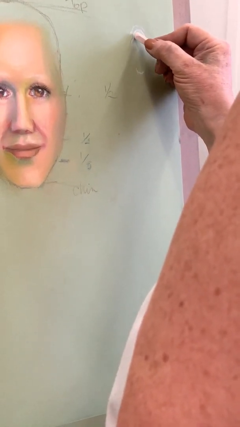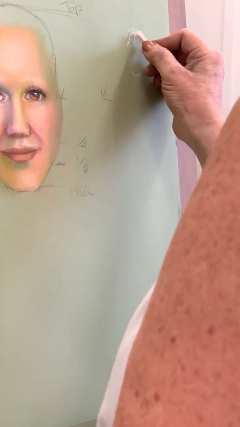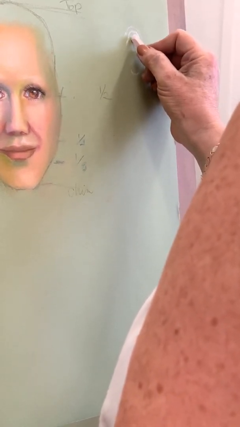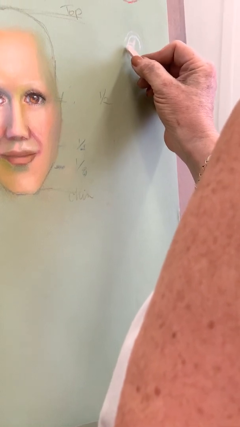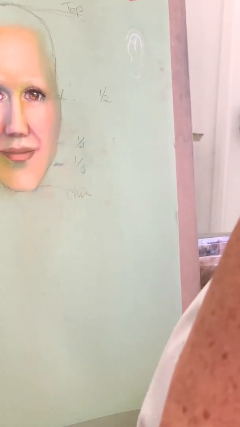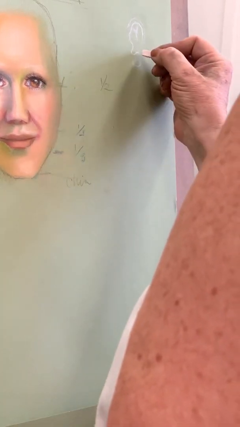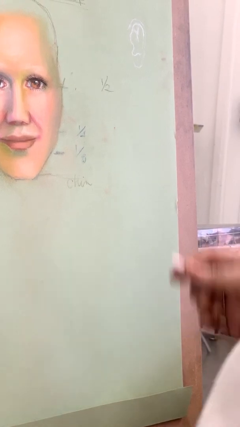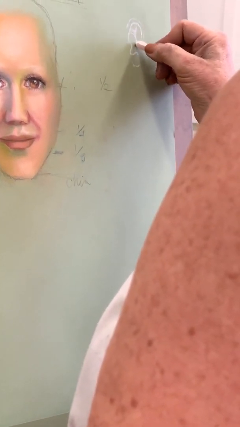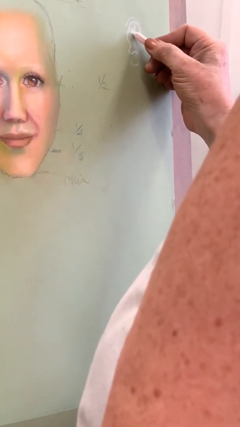In this area here, we have what we call a Y, where there's a dip in that area, so I'm just drawing the highlight. As we come down in here, it follows around, and the cartilage of the little tab in front of your ear happens here. Then that rounds into a piece of cartilage that sticks up right in there. Somehow they come together, but it's a soft curve at that point. This represents the area that's in here that's dark and going into the canal. So this is the edge of that piece of,